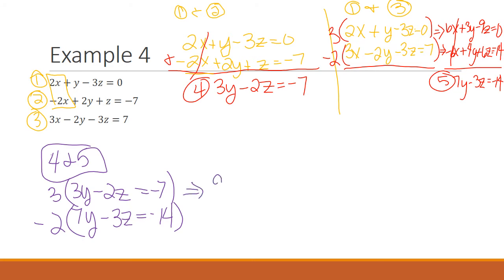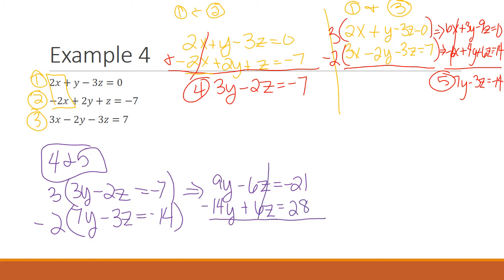So we have 9y minus 6z equals negative 21. And then on the bottom we'll have minus 14y plus 6z equals, and negative 2 times negative 14 is going to be positive 28. So my z's will cancel out, and 9 minus 14 would be negative 5